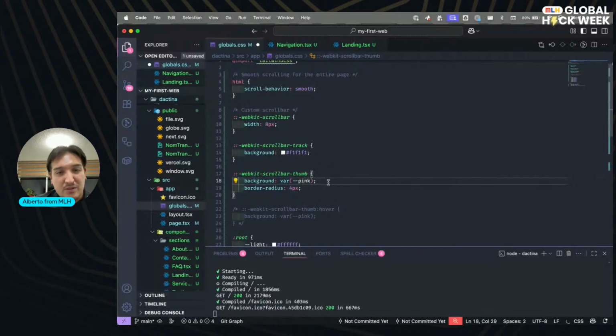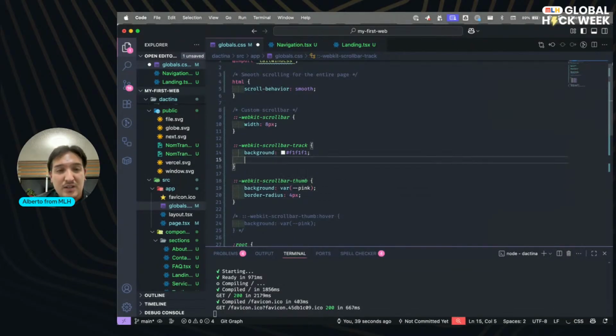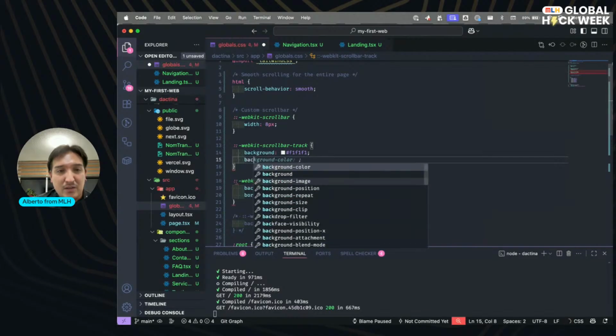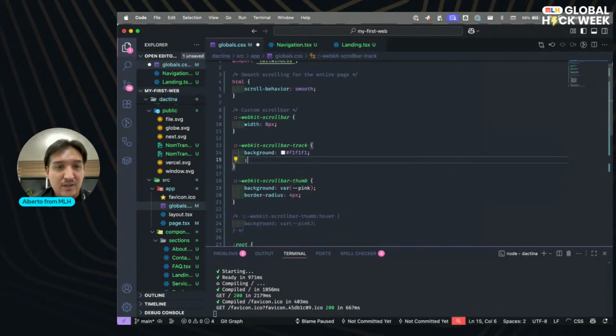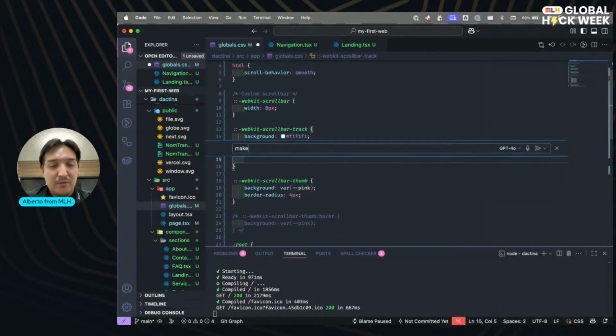But also another thing I am getting curious about. Let's make the background, as the nav, transparent.